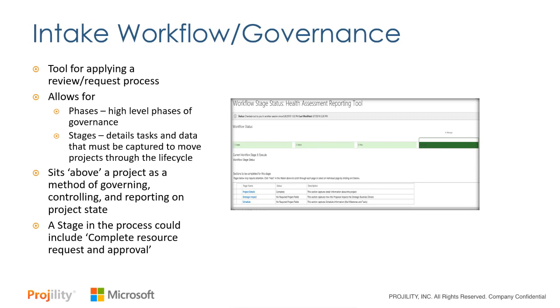As projects come in, they get requested, they get reviewed, they get analyzed, but they also start capturing more information. Maybe after I get the initial analysis on the idea, now I need a business case. I need a cost analysis attached to it. I need a high-level project schedule. But maybe as a step in that, I might need a resource plan or a resource engagement that would go in and forecast resource work as I'm forecasting project work. As I'm determining, should I do this project, I also want to determine, can I do it from a resource perspective? And these intake processes and governance workflows can be built out in Project Online